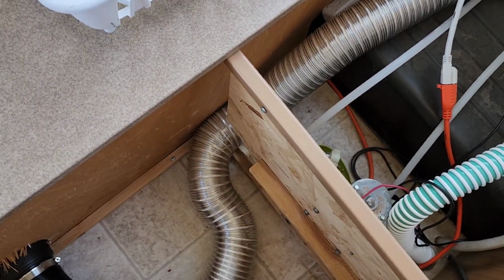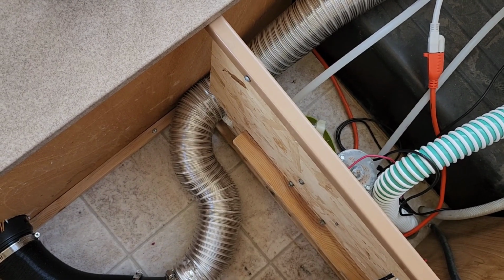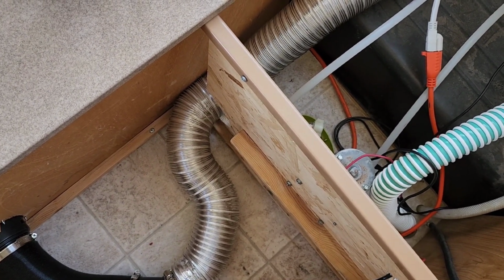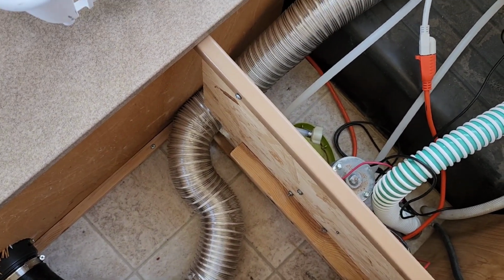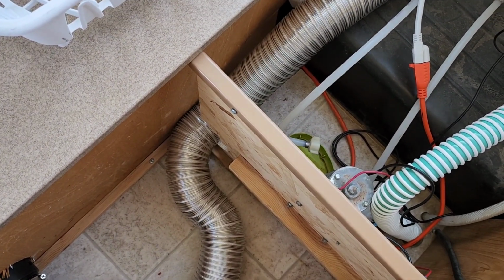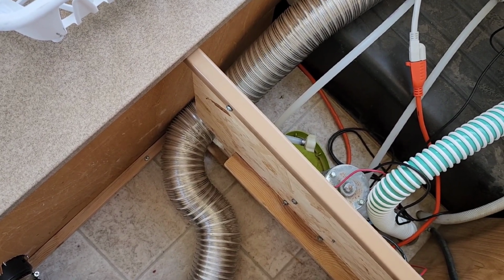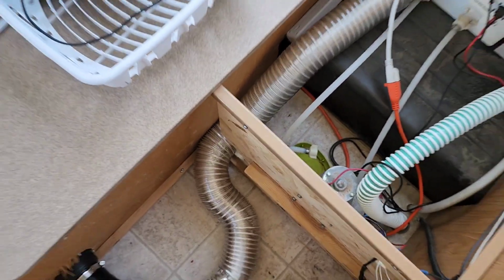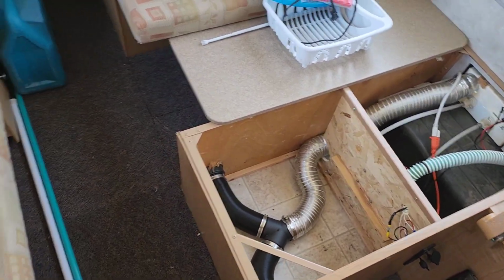And then the pump is going to be in the front housing. The gas tank will be in the front housing. We'll see if that works. I saw somebody had wired it straight to the converter. I'll have to see if I can do that. Otherwise I'll have to figure out something for that. But that's my plan so far. And kind of the thought,